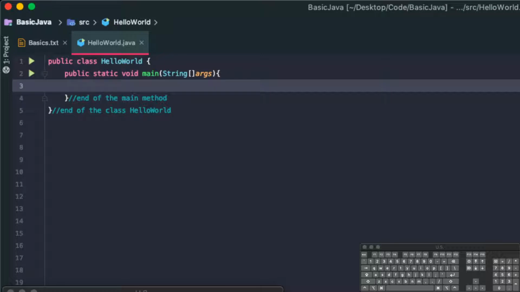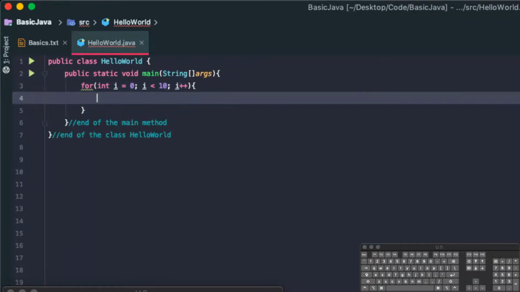So the way that we write a for loop is by writing for int i is equal to 0; i is going to be less than, let's say, 10; i plus plus, and then you have your